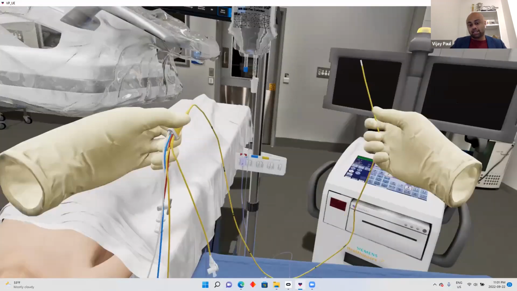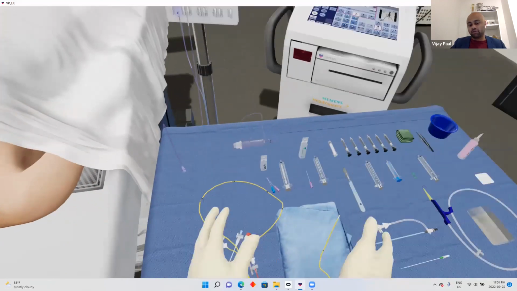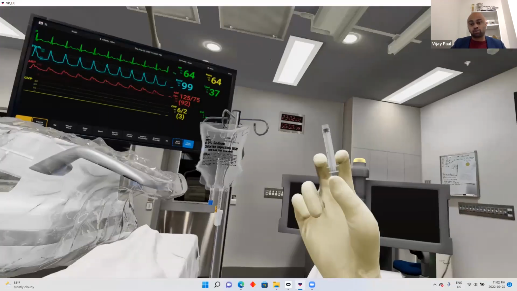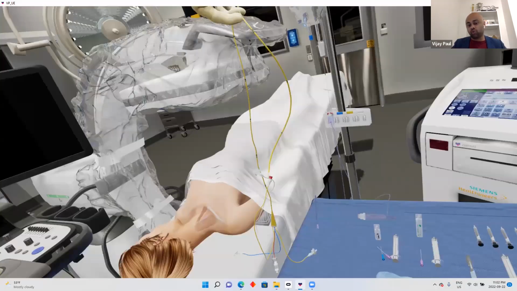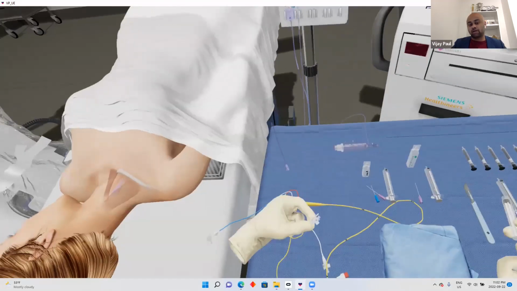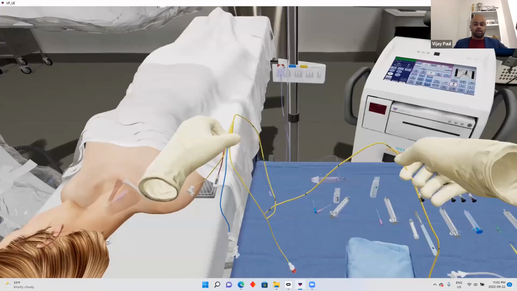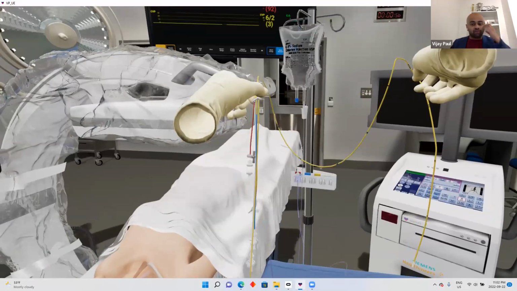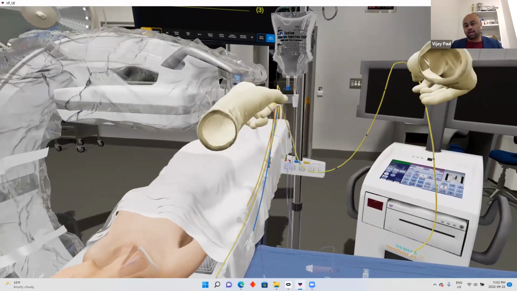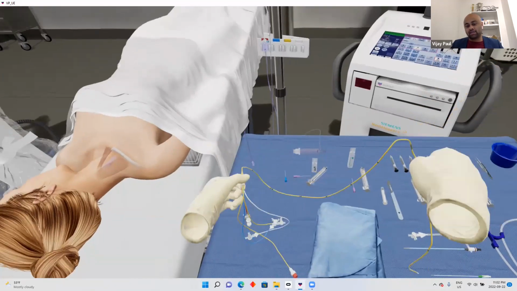So as you can see here, this is quite an amazing part of the development of the platform. Jay was able to pick up the actual catheter, which has multiple lumens, and they have real world physics. Jay, you'll have to slow down, it's laggy. They're able to wave around and flop about as they would in real life. So that's quite exciting. One thing you might want to show is the balloon, Jay. I always think that's a nice